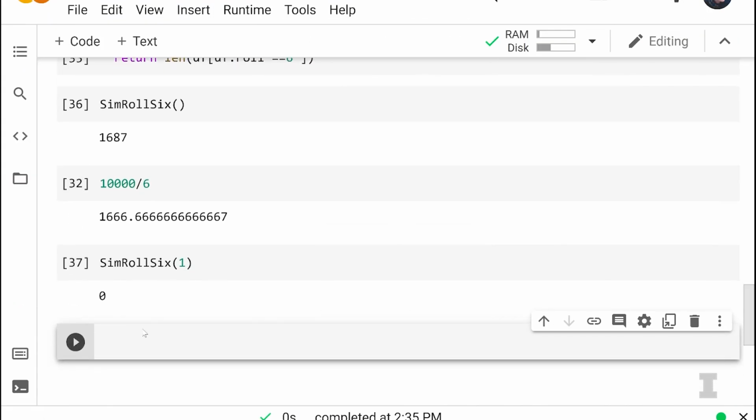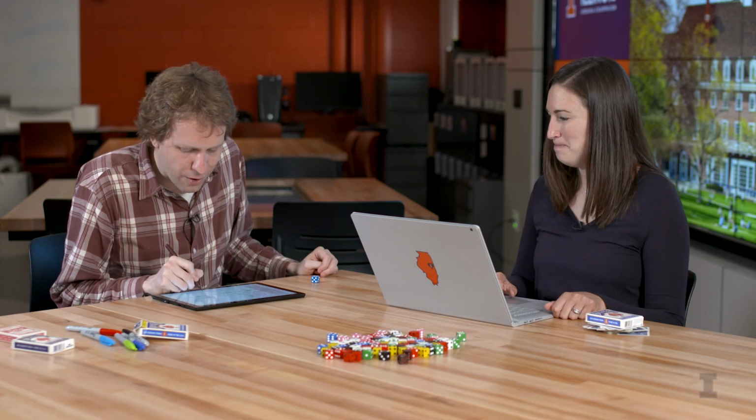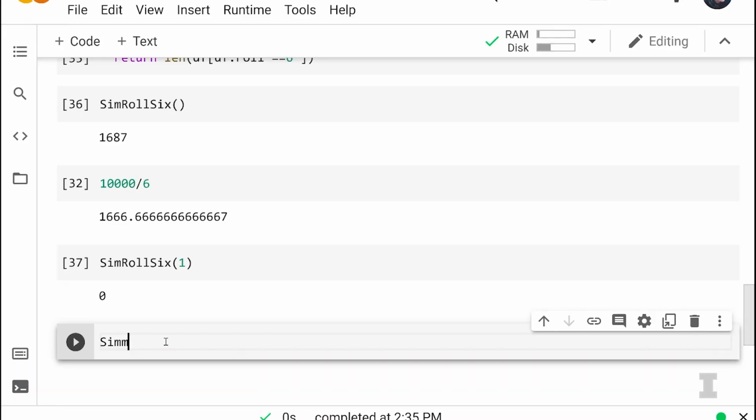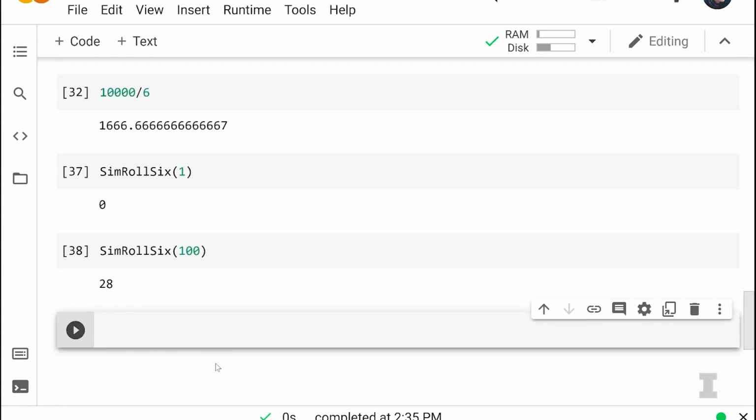You got 0. So we have a function that used to return 1687, it's now returning 0. And we can now roll any number of dice for any different outcomes. So we can say we have 20 dice that we want to roll, or like I've got about 100 dice in front of me. So if I were to roll all of these dice at once, Carly, how many 6s should we expect to see? However many we roll times 1/6. Let's do the simulation. And do roll dice, and I'm going to roll all these dice, and you said there's 100? 100 dice. We should see about 17 6s appear on the table. 28. And that's pretty great.